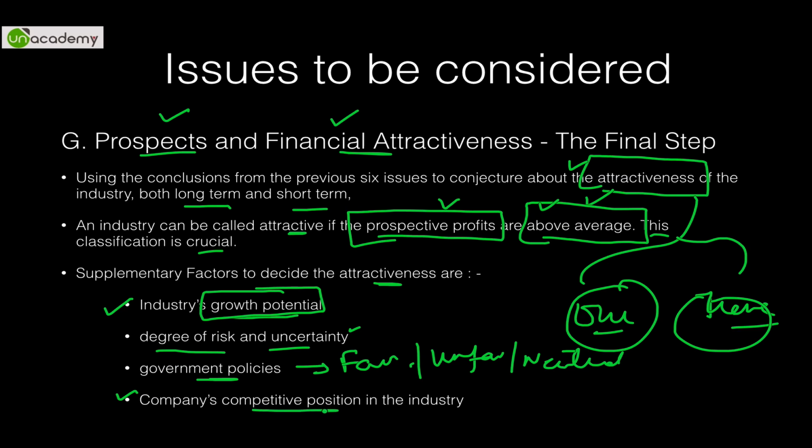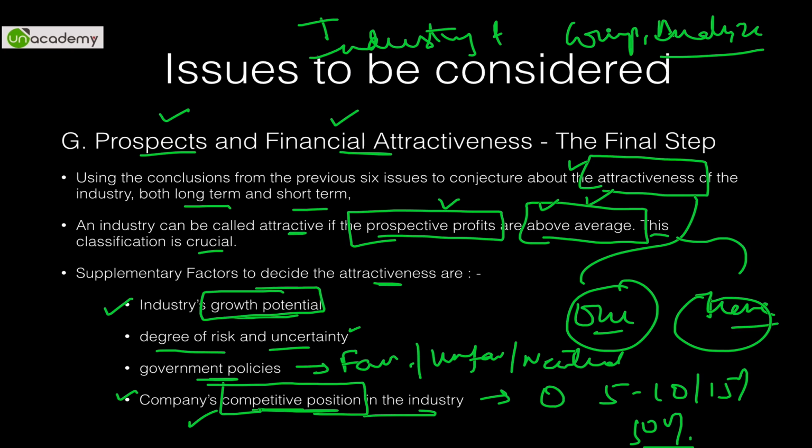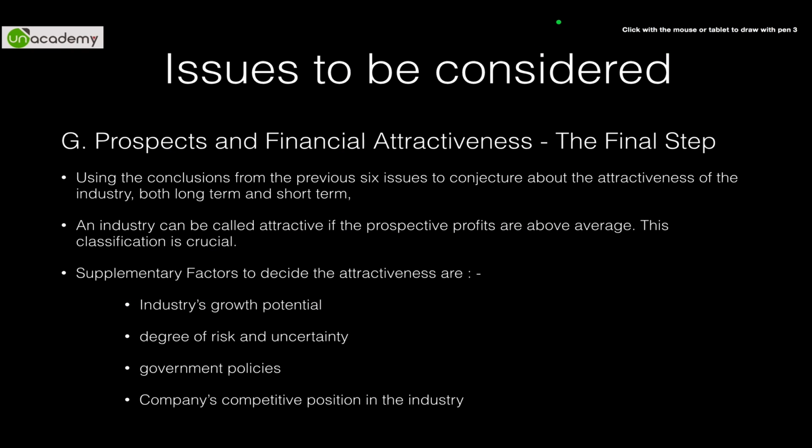And the company's competitive position in the industry. This is something which can be estimated apart from these three. So competitive position in the industry can be noticed. If you have a new product, then you have zero position. If you have an existing product, you might have 5, 10, 15, whatever percent. If you have a popular product, then you might even have 50% of the industry share. So this is something that has to be answered in terms of issues to be considered. On the basis of these issues, we say that we have been able to analyze the industry. You must remember the topic that we were studying, industry and competitive analysis. So on the basis of these steps, we have analyzed the industry and the competition.